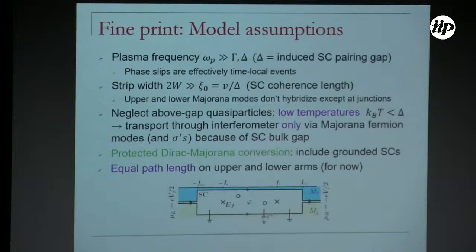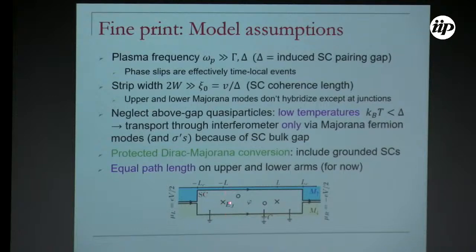So let's look a bit at the fine print. We assume that the plasma frequency here, omega p, is large against this rate for producing the phase slips and also big compared to the induced superconducting pairing gap. In that case, phase slips are just effectively time-local events. Moreover, we assume that the